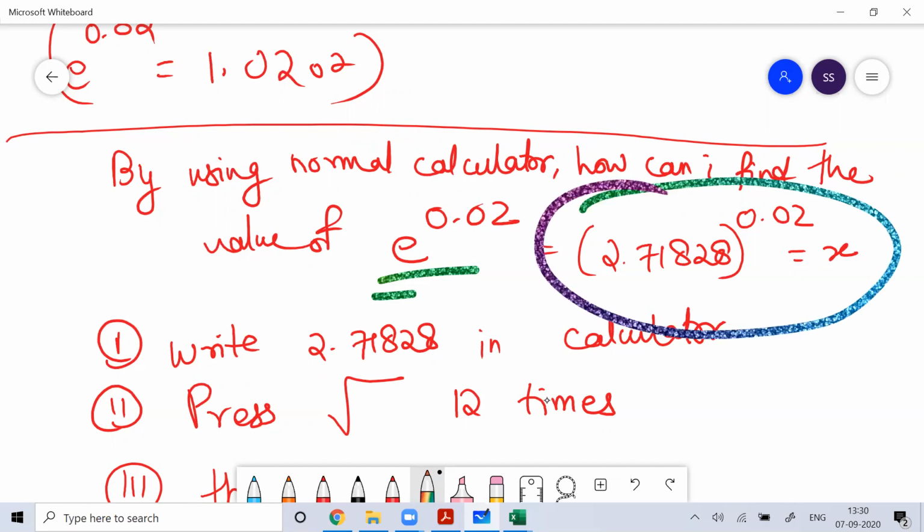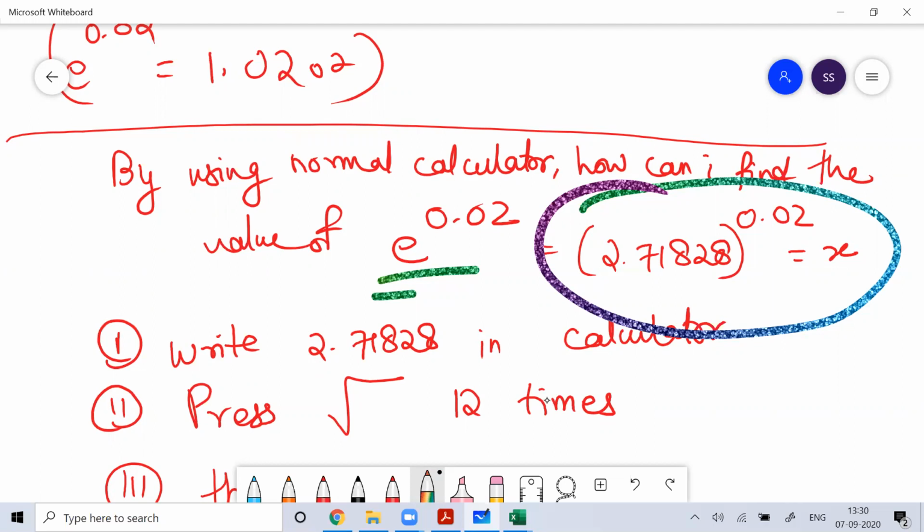First write 2.71828 in a normal calculator. After that, press the square root sign 12 times: 1, 2, 3, 4, 5, 6, 7, 8, 9, 10, 11, 12. After that, minus 1 equal to. After that, into 2 into 0.02 equal to, then plus 1 equal to, and then press equal into,